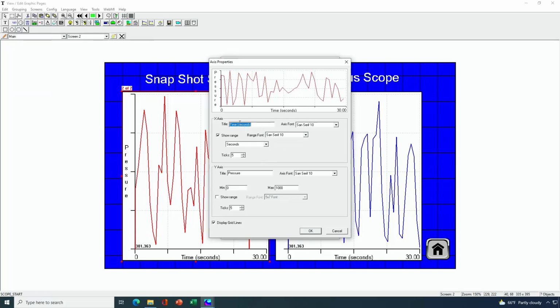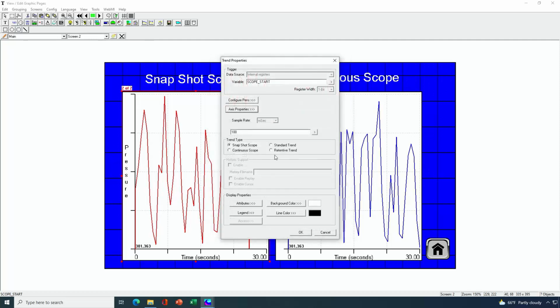Y-axis is similar. I've configured the title here, which is called pressure, and I've chosen not to show the data range for the y-axis. Now, you also have to configure for the y-axis the actual range or the scale of the range, and for this particular variable, I'm choosing 0 to 1000. Okay? Now, getting back to the particular pens here,